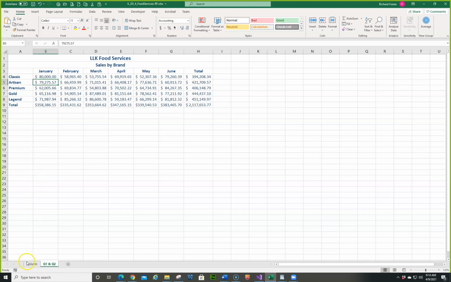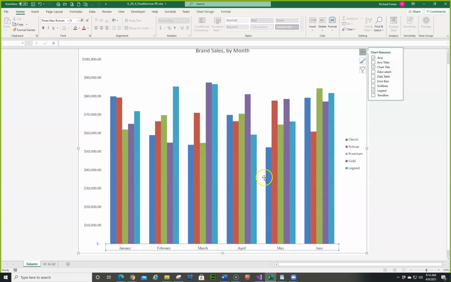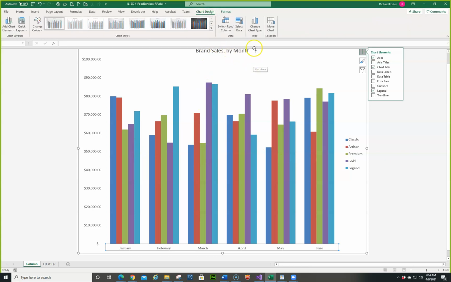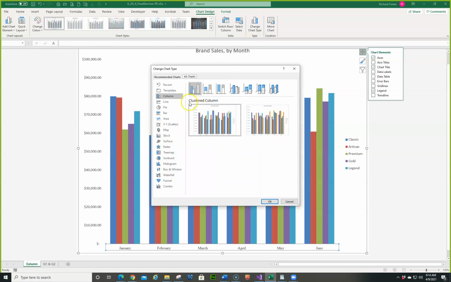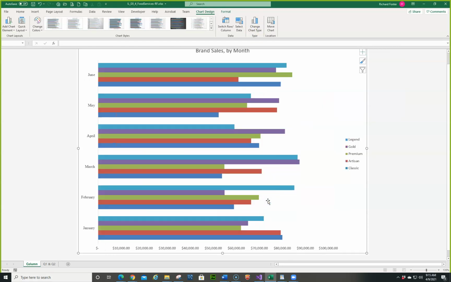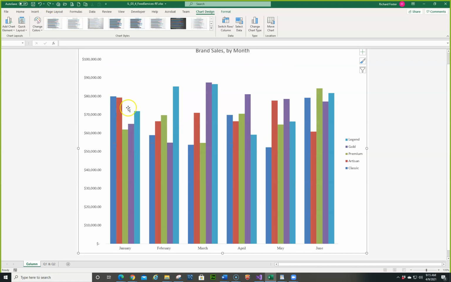So we need to go back to column. And we're just going to change it to a bar, which will make the bars go horizontally rather than vertically. That's pretty easy to do. We just click on change chart type, and we're going to go to bar, and notice that they're horizontal. And then we'll go back to the clustered. You could just use undo if you want. That takes care of